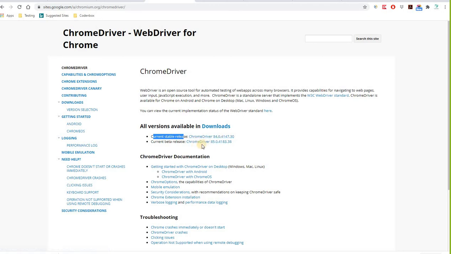If you have a browser 85, which is the next release and is already in beta, when they deploy 85 to your browser, you have to use that driver, this one. Right now everyone has 84, so we're going to download this one. So click on this ChromeDriver, the 84 one, click on there,